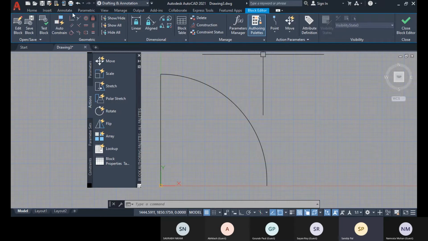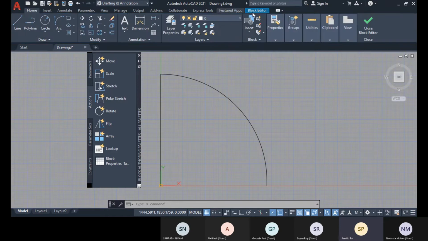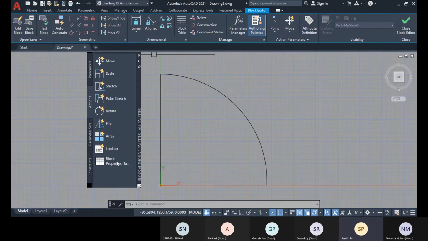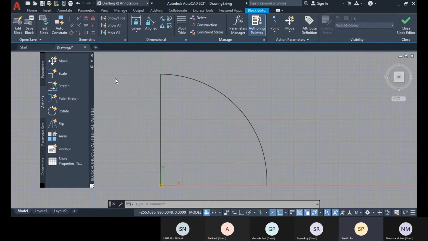Even if you switch into another tab, you can easily find that the block editor is still active, and you can switch into it easily, so you don't waste time finding it. Here we have this block authoring palette. With this block authoring palette, we will create this normal block as a dynamic block.